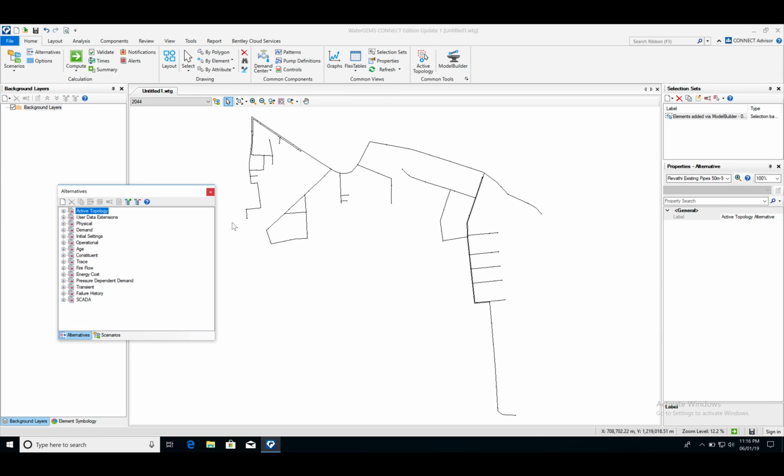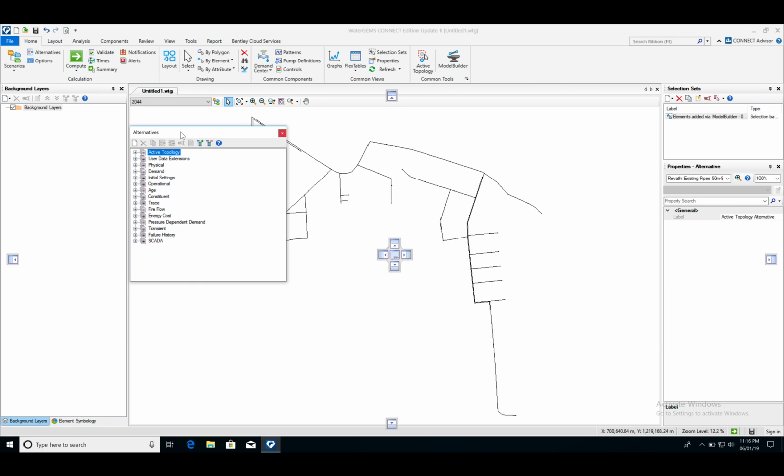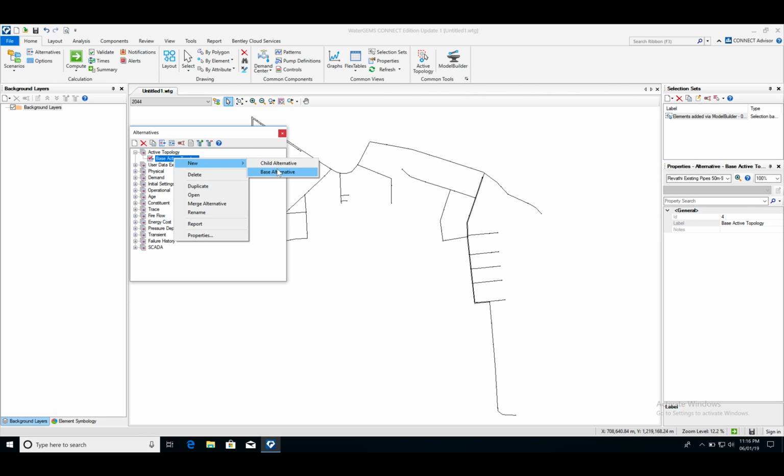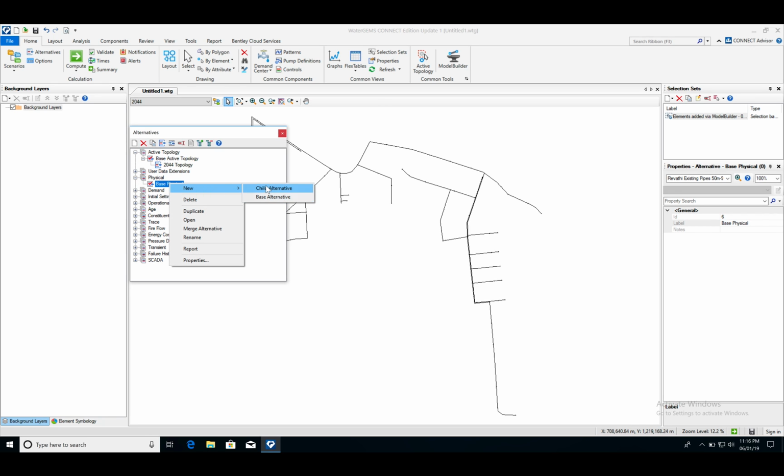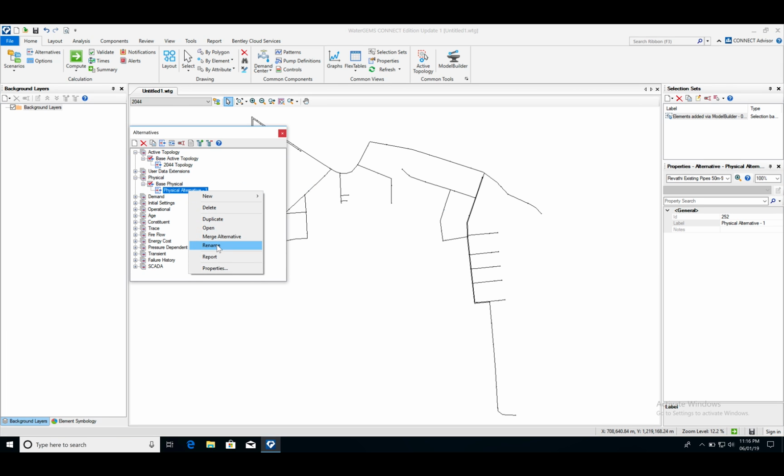You need to create the alternatives as well. So if you go to the alternatives tab here, you need to create a new child alternative of the active base topology. I will rename this as 2044 topology. Create a child for physical as well: base physical, right click, new child alternative. I'll rename it as 2044 physical. Right,